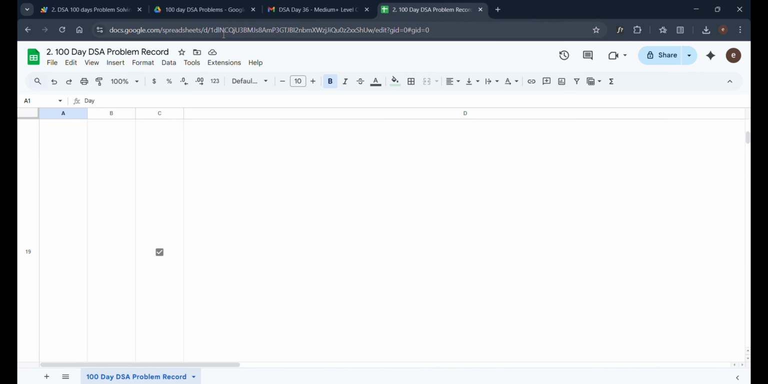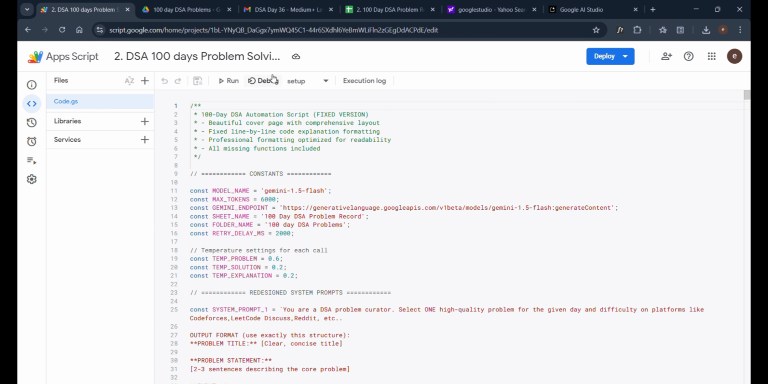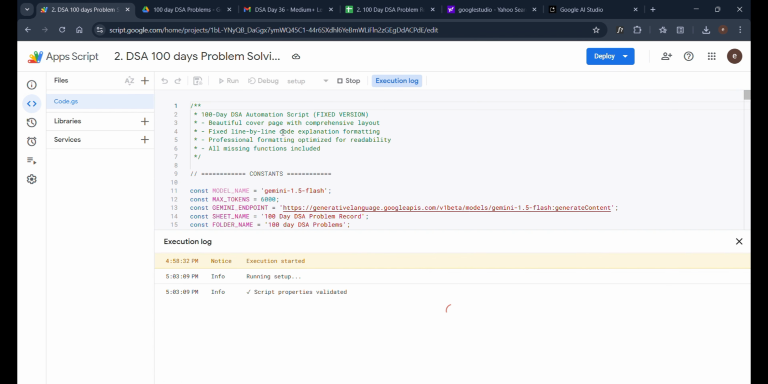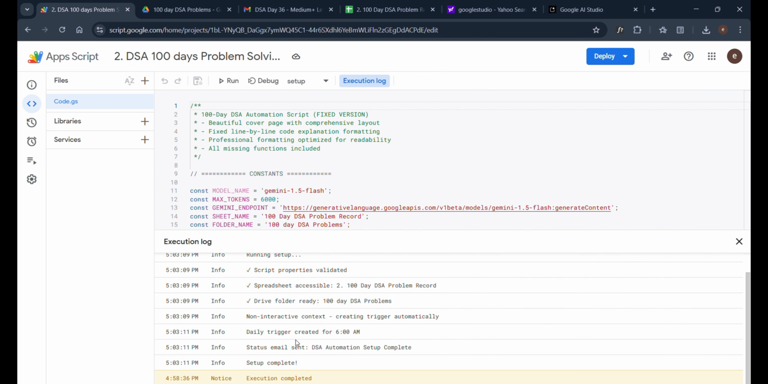So the sheet ID is this. So let me tell you what the sheet ID is here. This entire thing is the sheet ID, which you have to paste here. You have to run two functions after this. One is the setup function. Like if I run this now, look, we have set up our